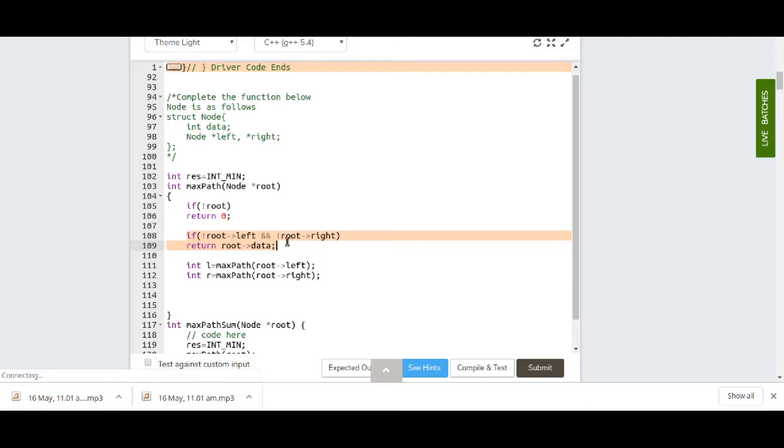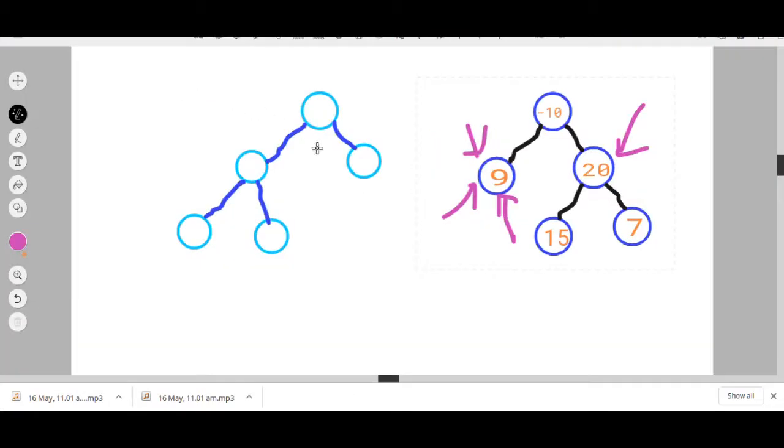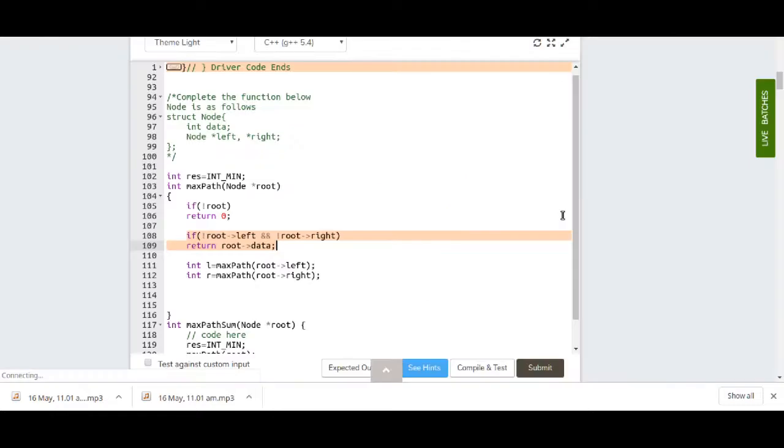Now let's look at how we'll update the result variable over here. We can only update the result variable when we have both the left child and the right child of a node. In that case only we are guaranteed that there would be a leaf on the left side and a leaf on the right side. If either of these two is null, then we are not going to update the result variable.